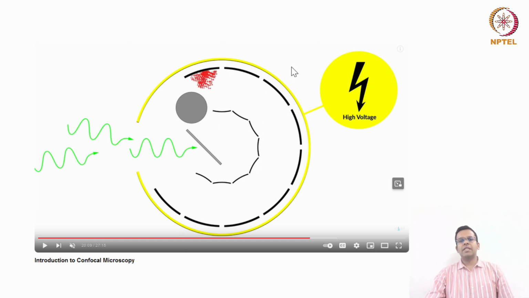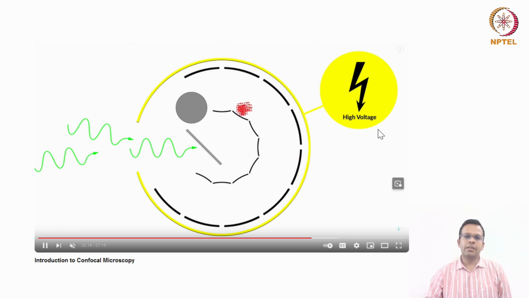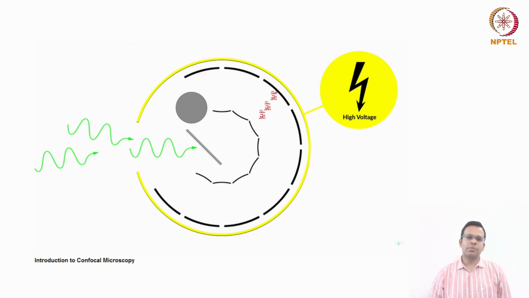So when you are imaging samples which are not bright enough, you should use high gain, so that you can amplify the electrons to a greater extent. But if you are imaging a sample which is already bright, then you do not need the high gain. You can even image with the low gain. So gain is basically adjusting the voltage of the photomultiplier tube.